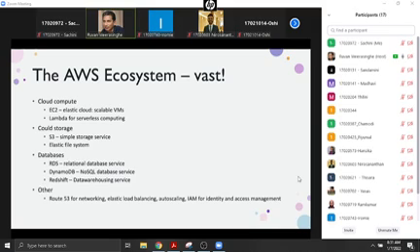And of course, we are not worried about how exactly they implement these things, and we are not going to use it. So we are going to use S3, which is the simple storage service from Amazon. The second thing is, of course, the cloud compute, right? Which is about virtual machines, right?